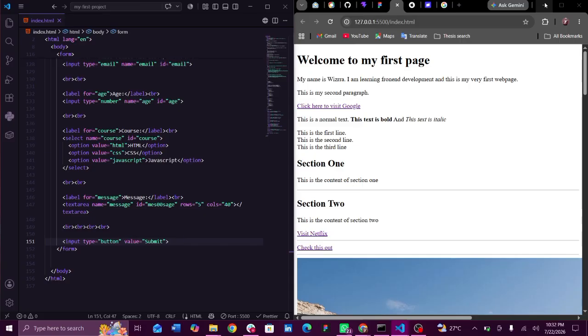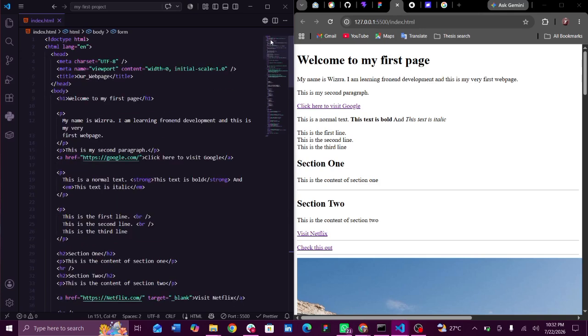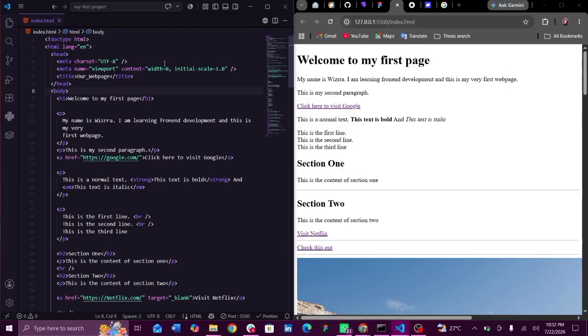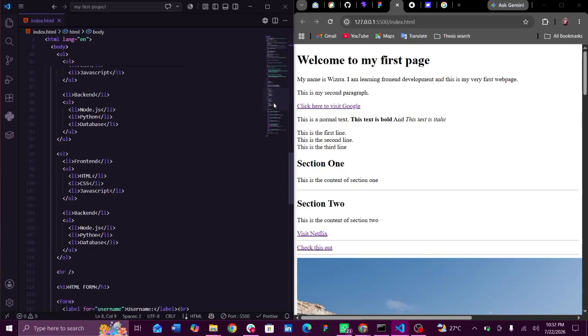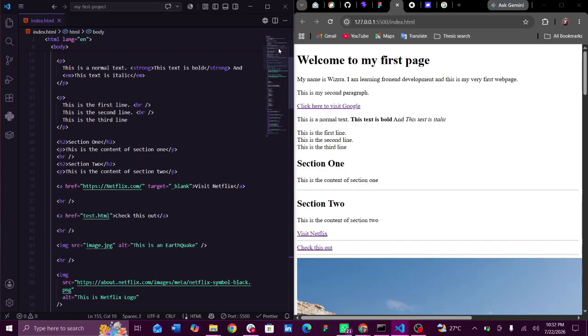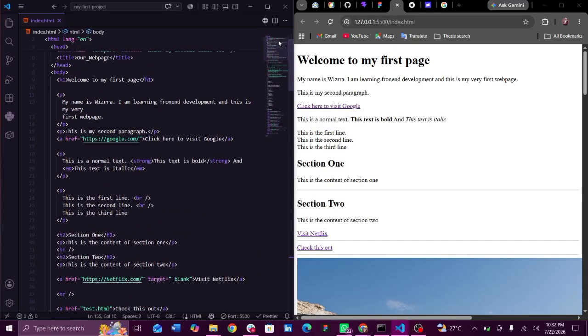So far we've been putting everything inside the body tag like this. Can you see that our web page, right from the beginning of our video, has just been inside the body tag, from this opening body tag to this closing body tag? So everything has always been encapsulated inside our body tags. But right now we don't want to do that anymore. Though it has been working fine, that is not the right way to organize and structure our web pages. But when you look at real professional websites,